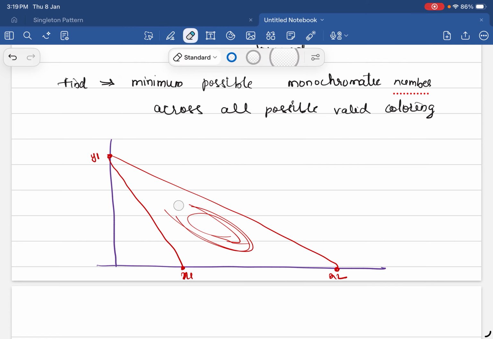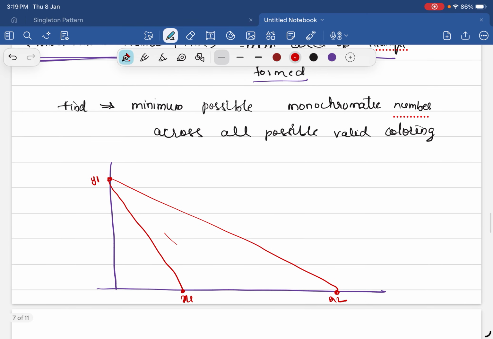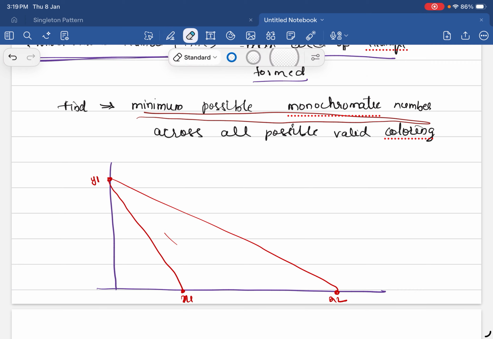And our task is to find the minimum possible monochromatic number across all possible colorings. So we need to color it in multiple ways, and we need to find all the monochromatic numbers. Among all monochromatic numbers, we need to find the minimum possible monochromatic number. Okay, so let's